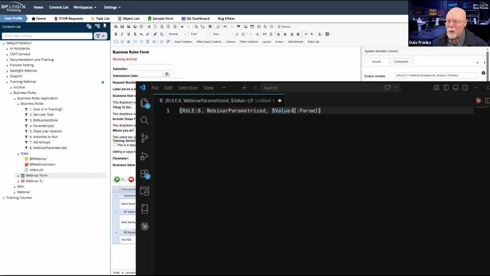If you're going to do a parameter, what identifies it as a parameter is this safe encoding string here to encode value to equal, and then I have a form field called param, and it's just going to pass the value of param to my rule.